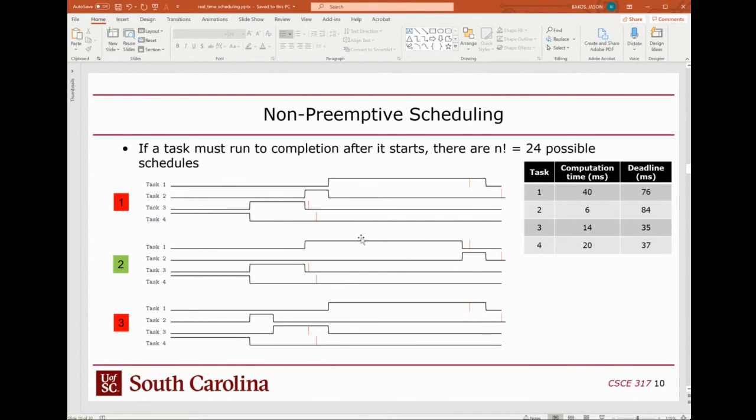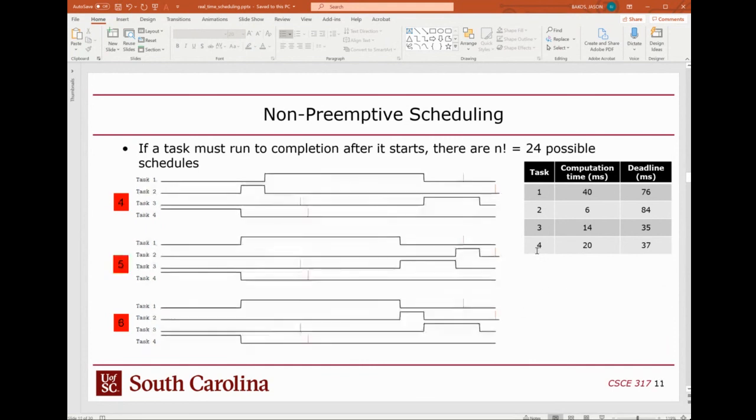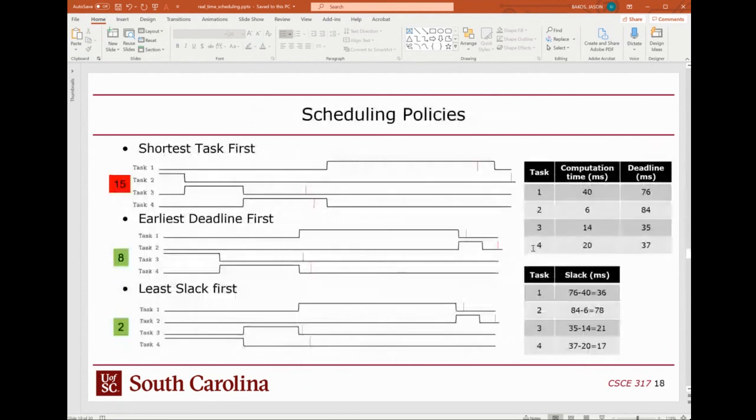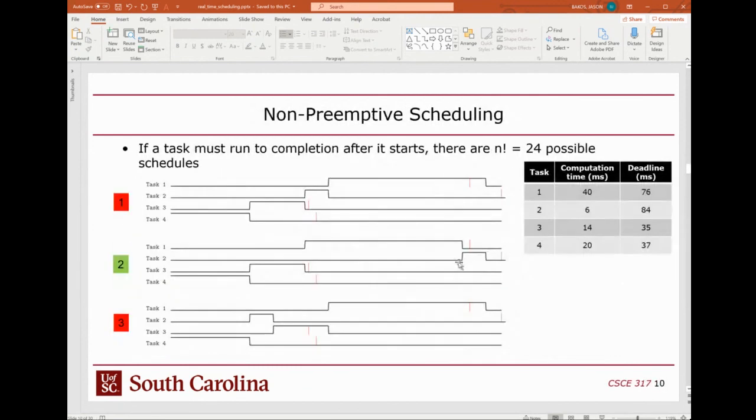Well, it turns out that out of 24 possibilities, and by the way, I kind of just randomly chose these numbers, and I didn't sit there and even try to massage them. These are just ad hoc numbers I put in, and it turned out that out of 24 possible schedules, there's only 2. I think, was it 2? There were only 2 that actually satisfied the deadlines. It just coincidentally happened that the second of the 24 that I generated when I was enumerating these things met